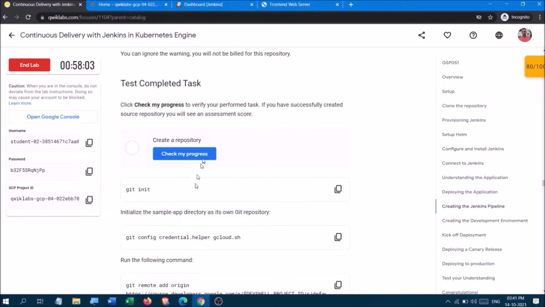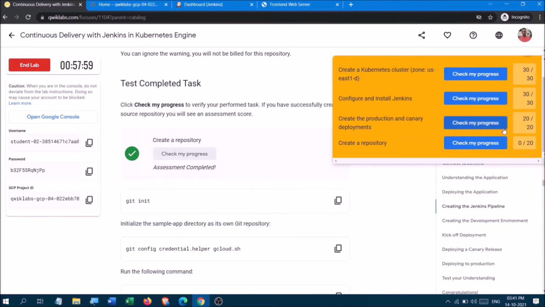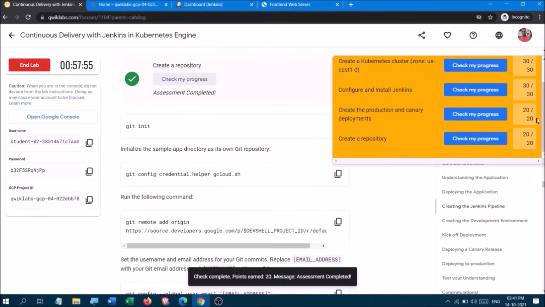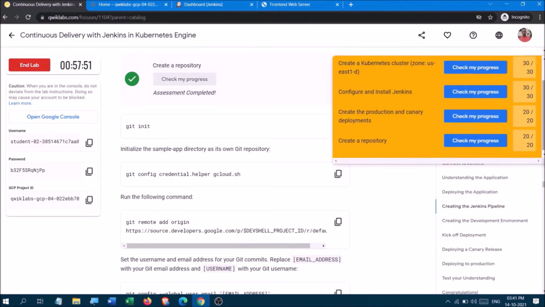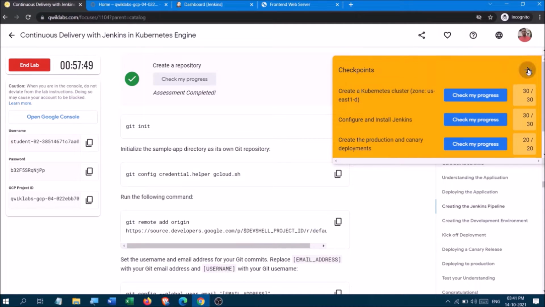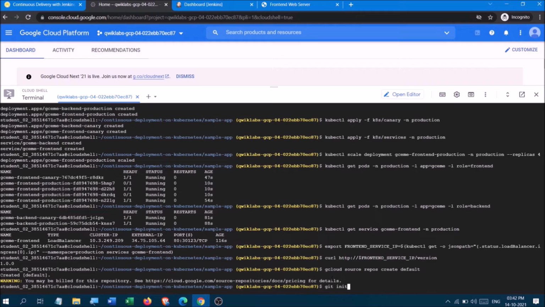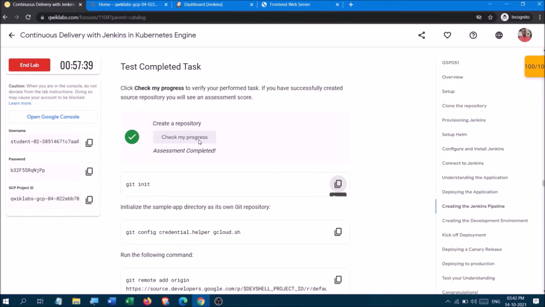Okay, and look at the progress. Yes, since we have completed our part, according to that we have completed 100%, but we have to go on. Now what we are going to do is copy every command and whatever future commands we are going to do.